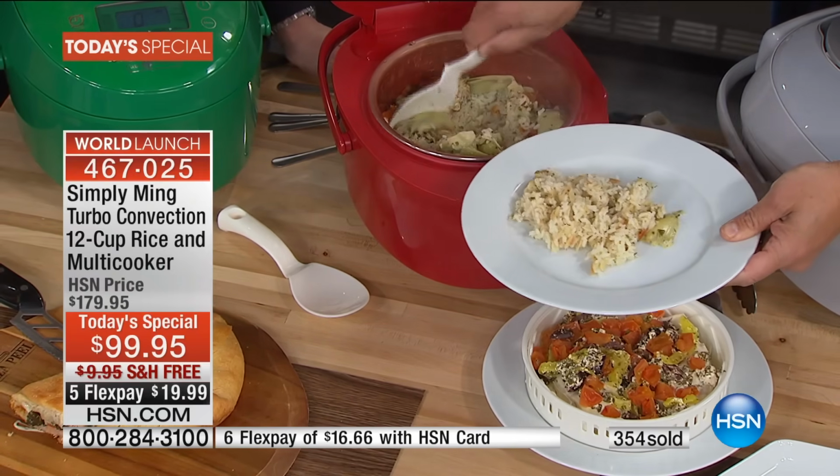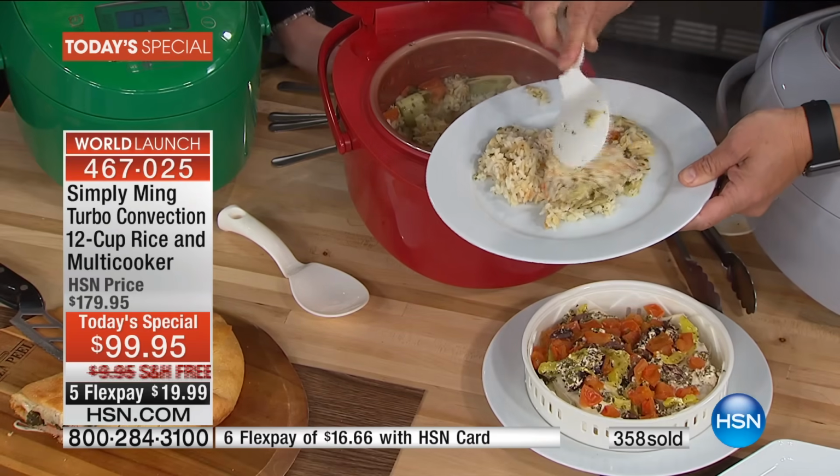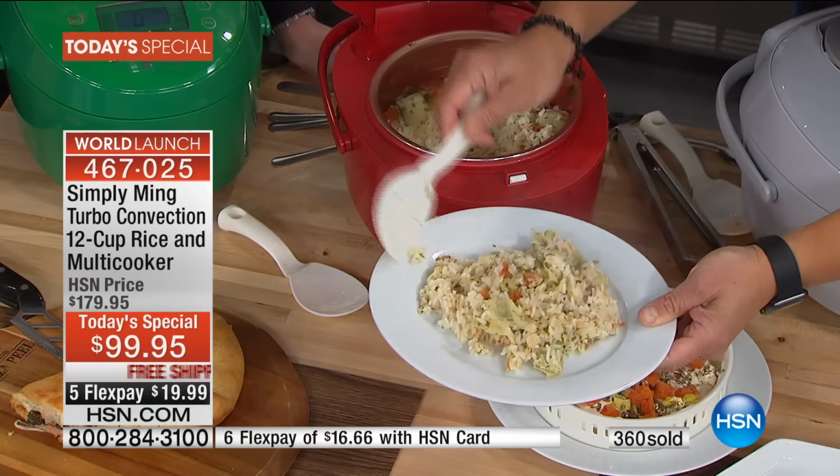But look at this. Look how perfectly cooked this rice is. I mean, you can tell. You don't need to be here, but when you see rice that's nice and fluffy like this, we have orgasmic food tonight, ladies and gentlemen. It's true. So this is orzo, right? And then we're going to take...